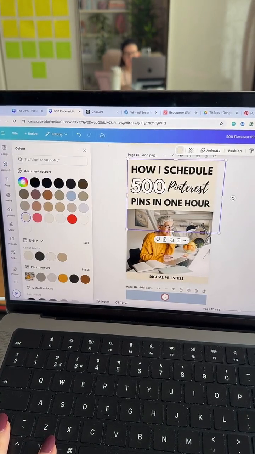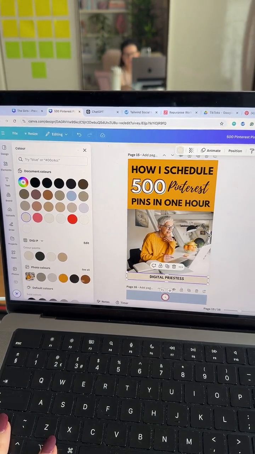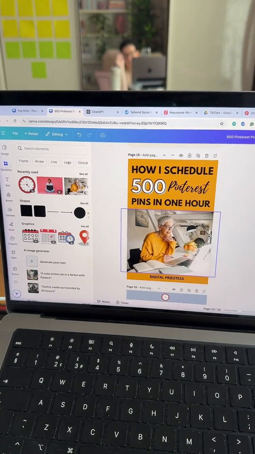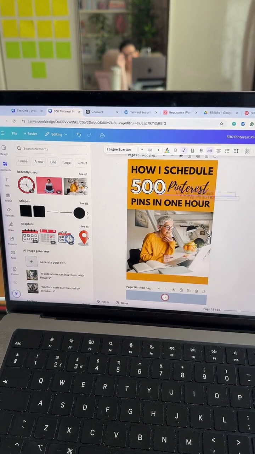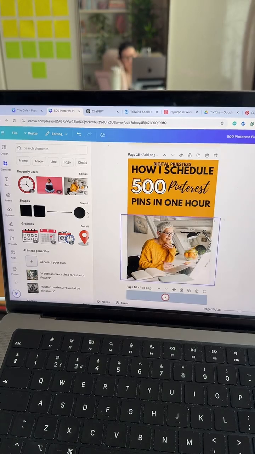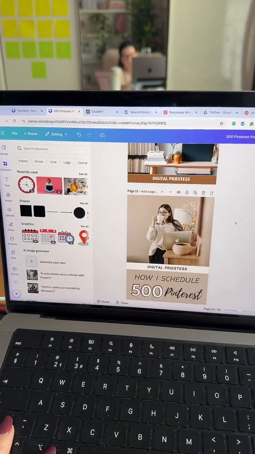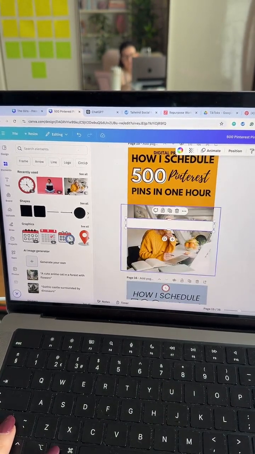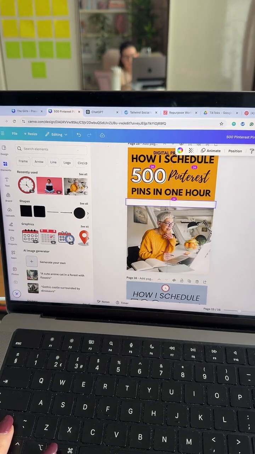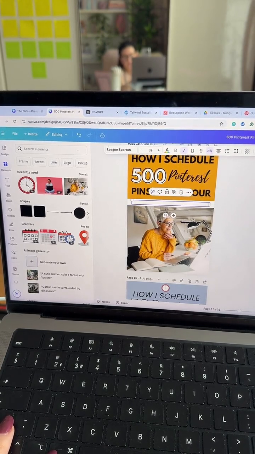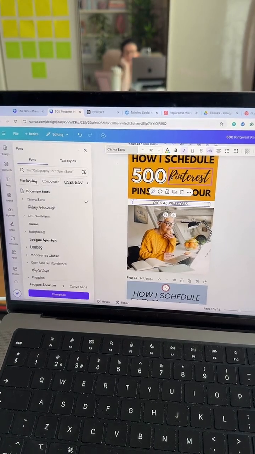So let's see. Is it going to recommend yellow? Let's go a very bright yellow for this one. And I think, yeah, let's move that out of the way and move the whole thing down. Again, I'm going to take something similar like I did to this one. I'm going to steal this white bar from this one. Bring that forward. Let's make that a bit simpler. There we go.